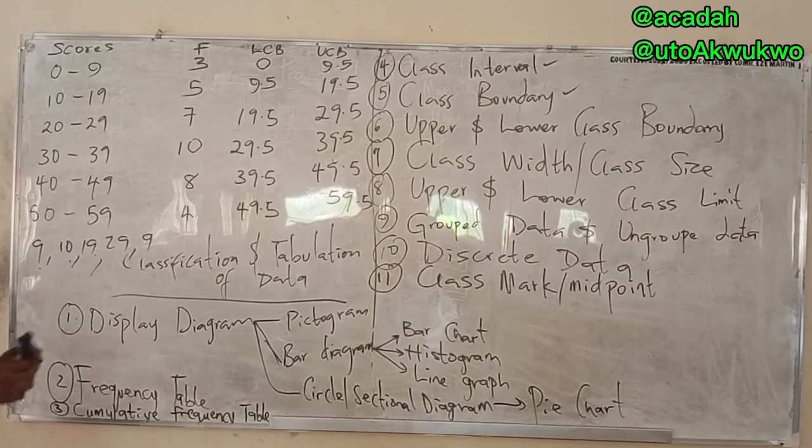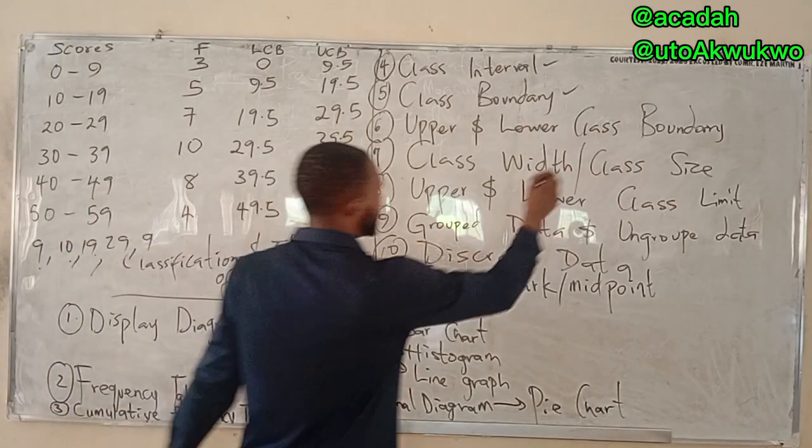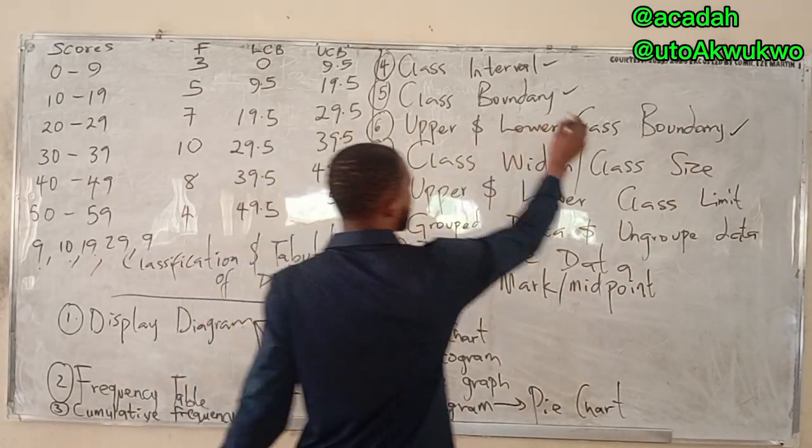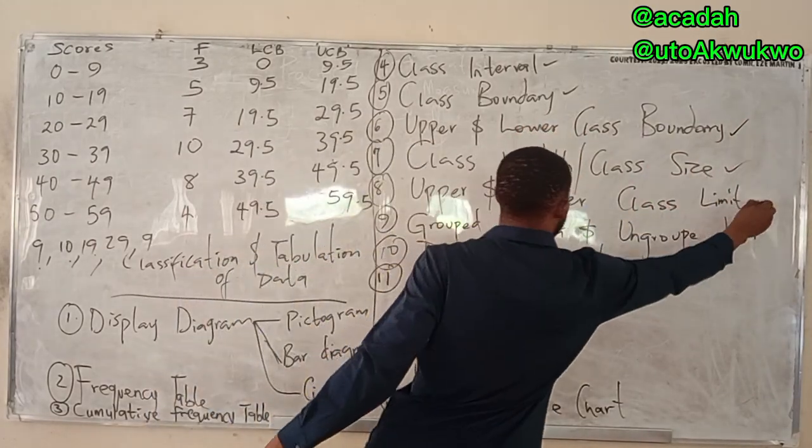59.5. So if you observe it, there are so many things you observe with this course, because it's a course where you can easily do tricks when you start seeing things here. With that said, we've gotten to know what is upper class boundary and lower class boundary. We now know this as well.